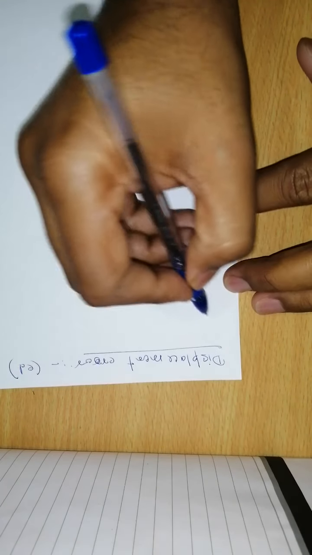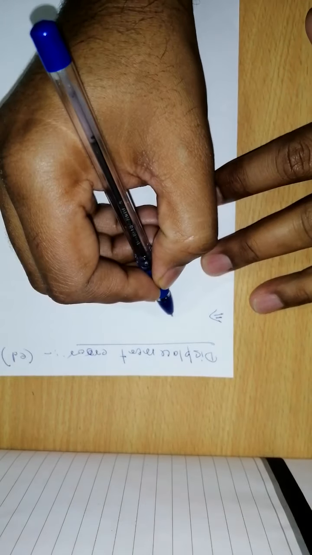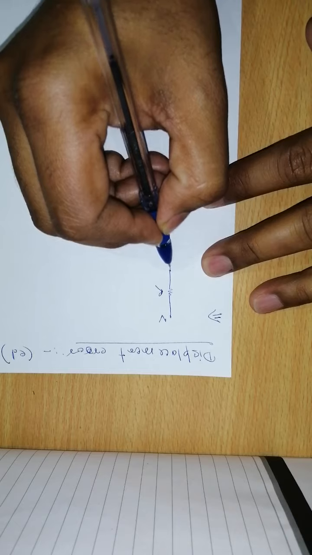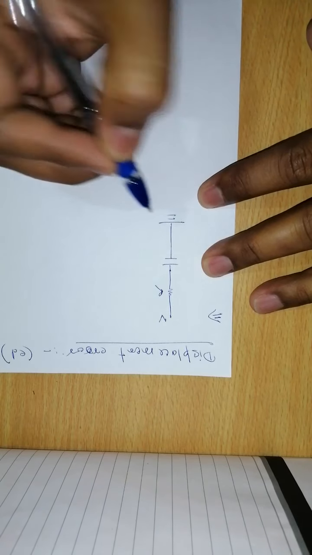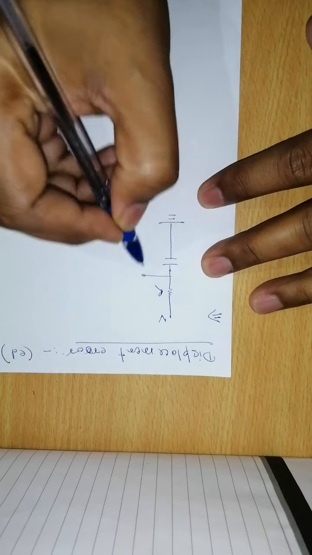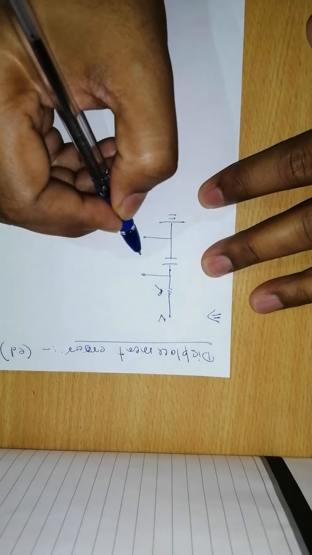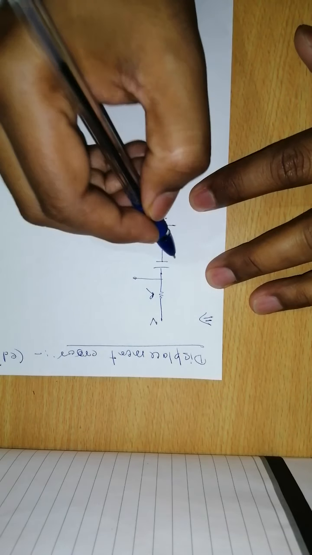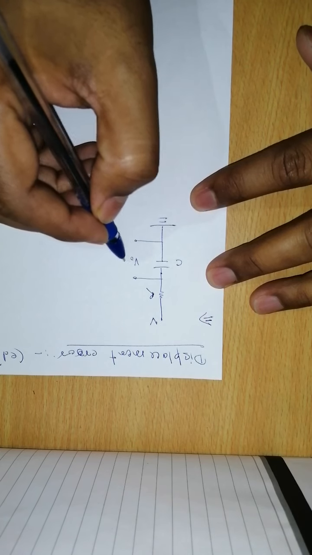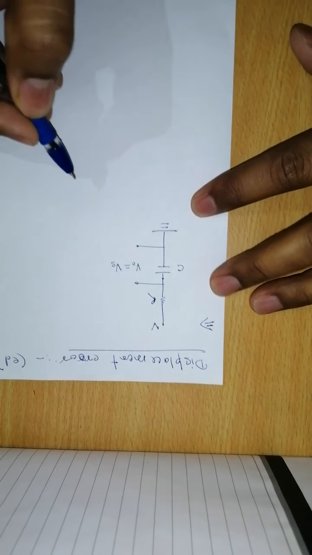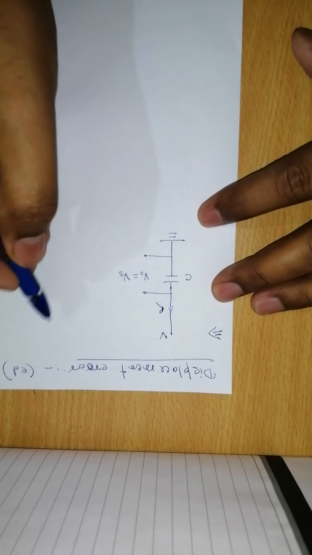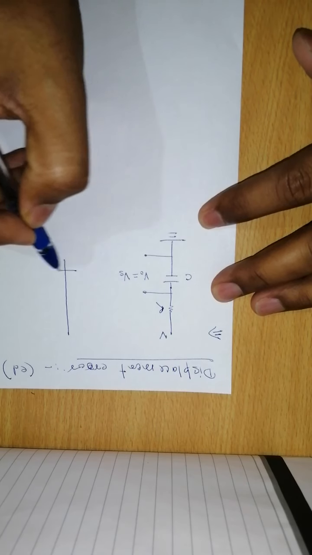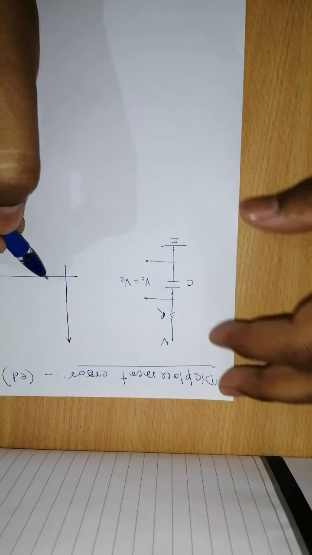The displacement error is generally represented by ED. First of all, we have a simple setup where we are providing a voltage V with the resistance R to the capacitor, and this is grounded. Here we are measuring the voltage that appears across the capacitor due to the supply voltage, which we represent as V naught, or Vs. Okay, so now, how have we defined the displacement error?